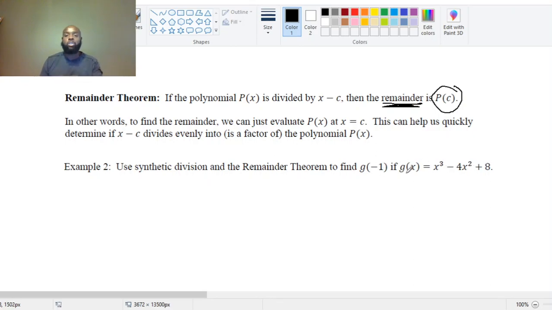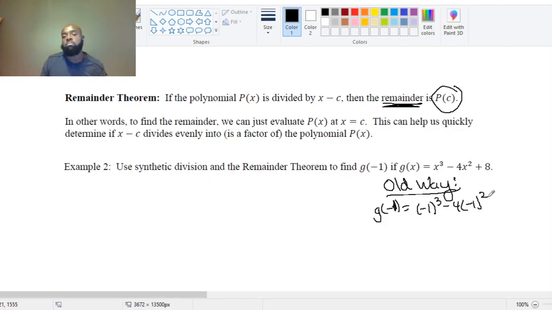Now, if I asked you to find g of negative 1 just using your knowledge of functions, okay, and this is what we generally do, I'm going to call this the old way, all right? If you were going to find g of negative 1, what you would do is you would plug in negative 1 everywhere you see an x, right? And so we get negative 1 cubed, all right, negative 1 squared is a positive 1, so that'll be a minus 4 plus 8, and we get that g of negative 1 equals 3, right? Well, now that we know synthetic division and this remainder theorem is saying that, oh, I can find g of negative 1. All right, so using this way right here,